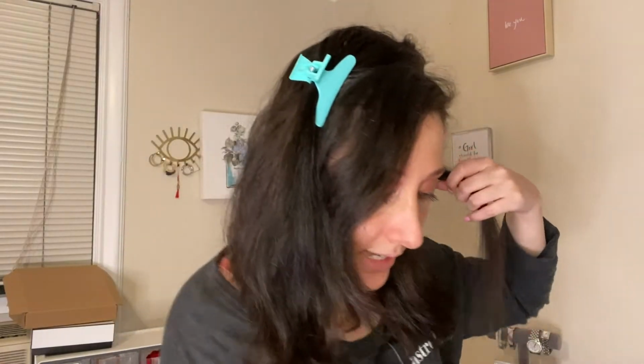And for me, I have a lot of hair. The hairs themselves are quite fine, but I have a lot of hair. So I like to take medium sections like this. I would say about 2 inches is good. And just take it slowly. And if you are noticing any tugging, you probably have taken a little bit too much hair for the Corrale